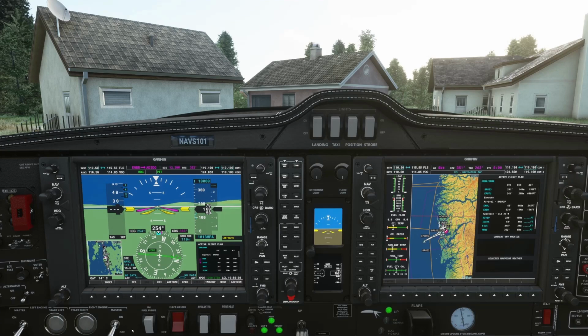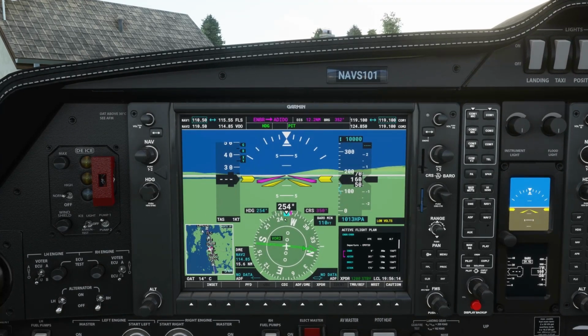I'm just trying to think of anything I haven't mentioned. Just to say that here on the compass rose, just above here you have your standard rate turn, and this one here is a half standard rate turn, and you also have a little trend that comes out when you bank. Okay. If I was to turn the aircraft now, the trend would come. And what the trend means is that it will tell you where your heading will be in 6 seconds. Okay, you also have a speed trend and an altimeter trend as well. But like I said, these things are best shown once you're in the air.